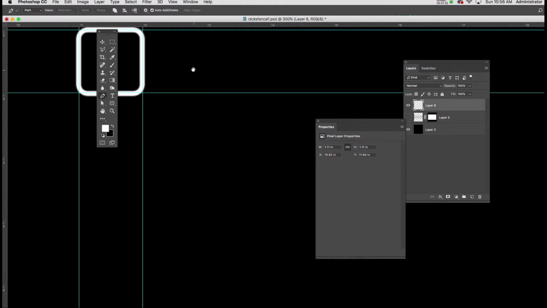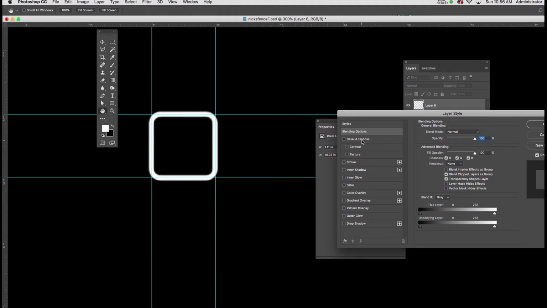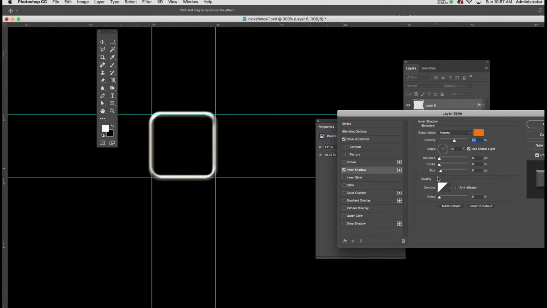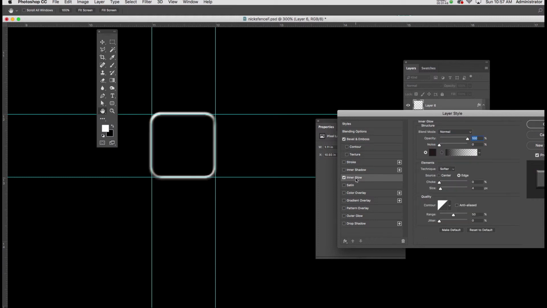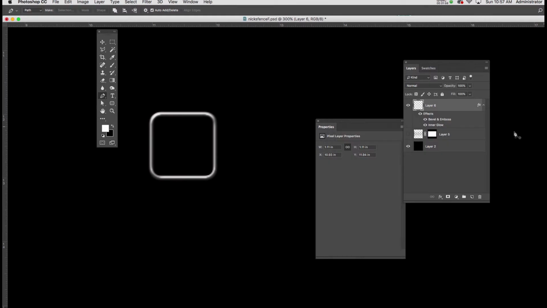I'm going to zoom in on this a bit because I want to put a bevel and emboss on, and I want to also put an inner glow. And I'm using a dark value for the inner glow. I've set it for black, and it's pretty subjective how you want this to look, but what you'll see now is that we've got the makings of our first link for our fence. I'll click OK,